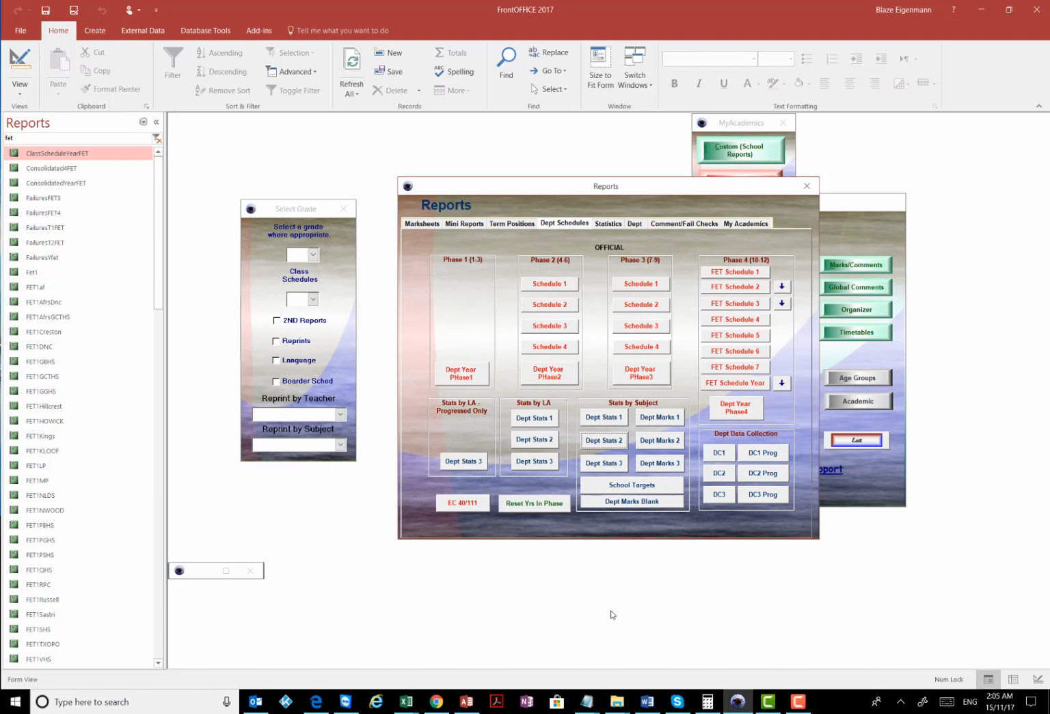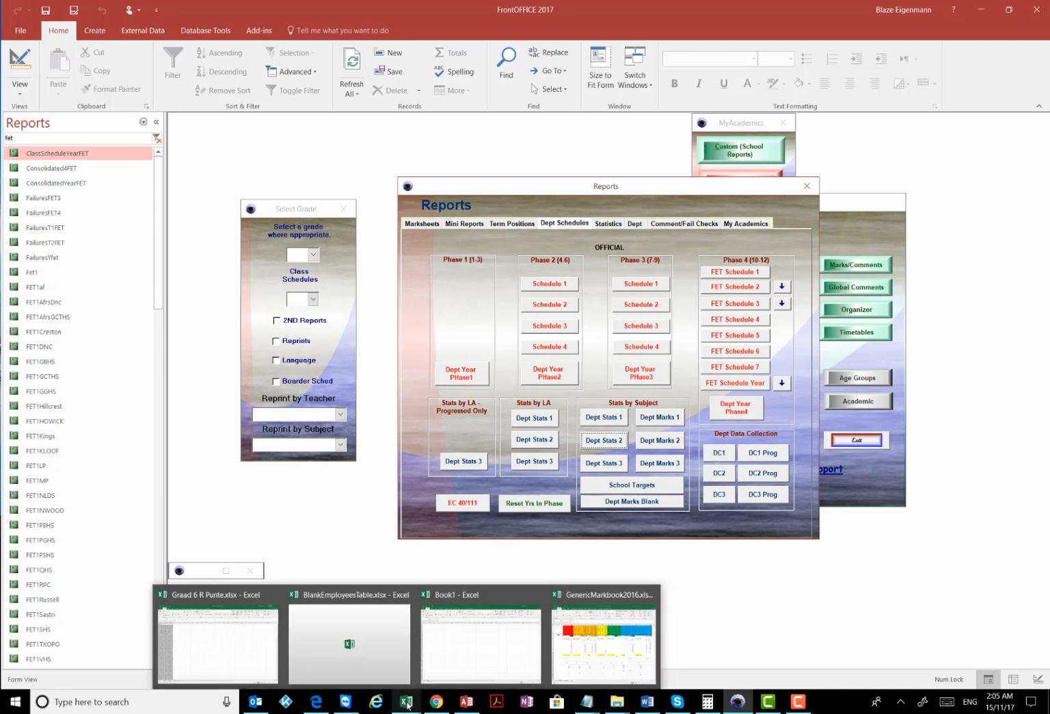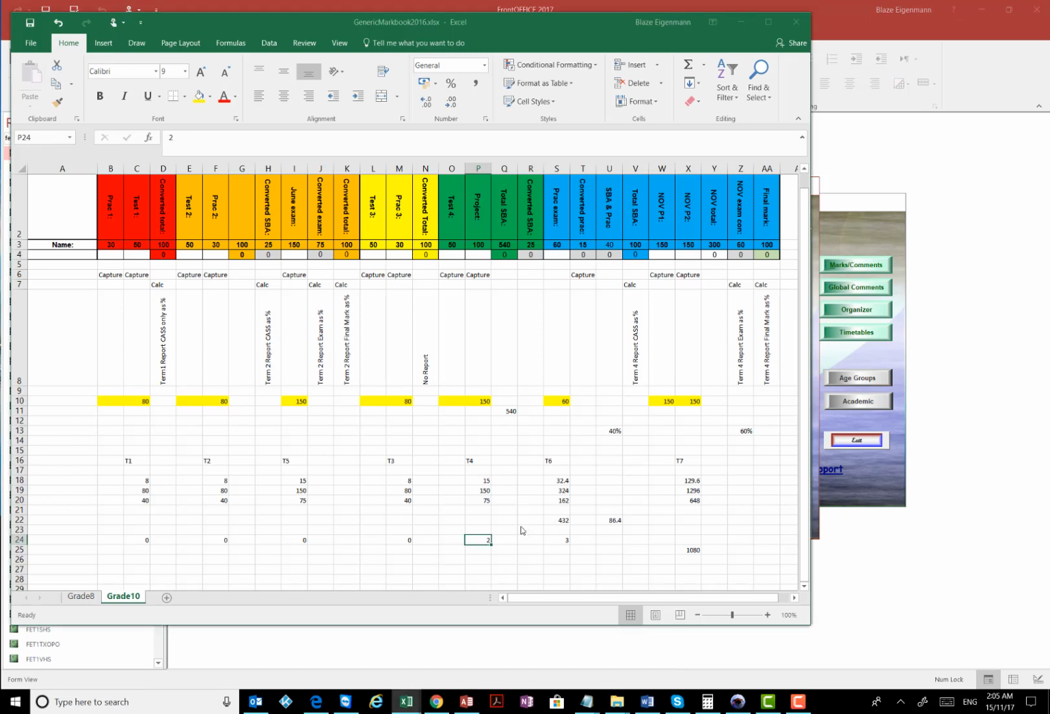So let's just say that you decided that we're going to enter the promotion mark into term 4, but we do want to record the exam mark. In our schools that do it like this, we do want to record this exam mark because we do want to have a record of it, and we do want to print schedules for that. So then your weightings would be